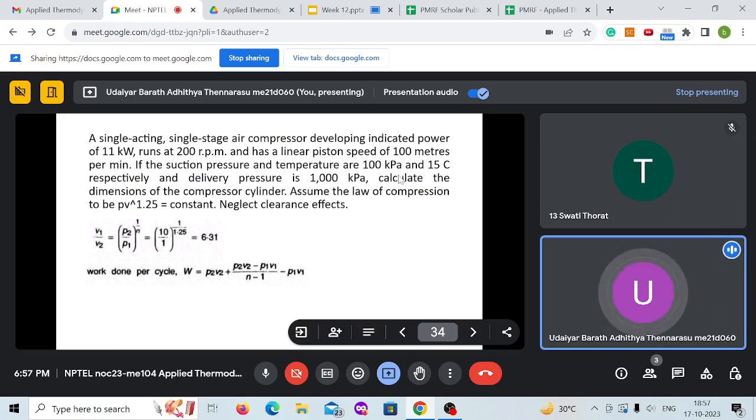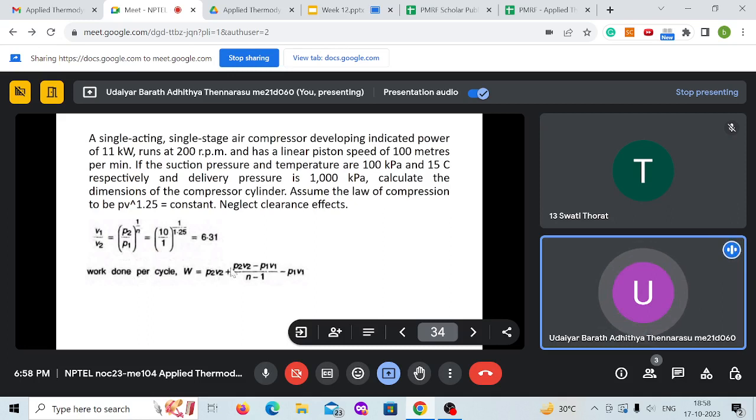So similar pressures, 100 and 1000 kilopascals. Here we have to find out the dimension of the compressor cylinder. So we know V1 by V2 will be equal to P2 by P1, which is 6.31, the pressure ratio raised to power 1 by n, 6.31, and the work done per cycle is